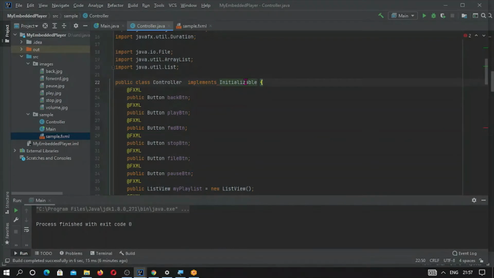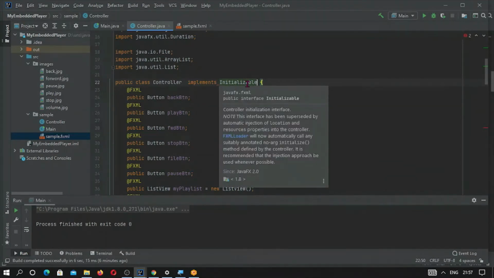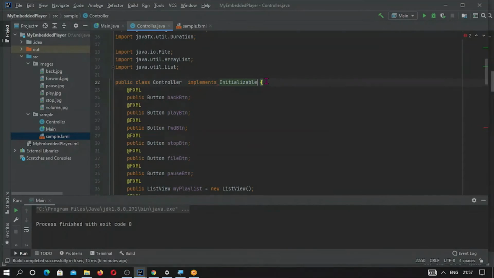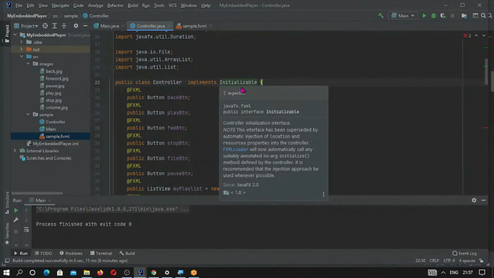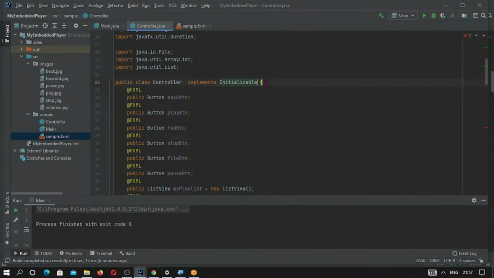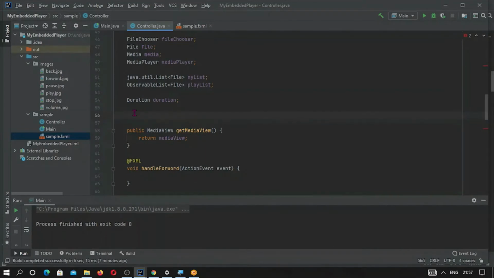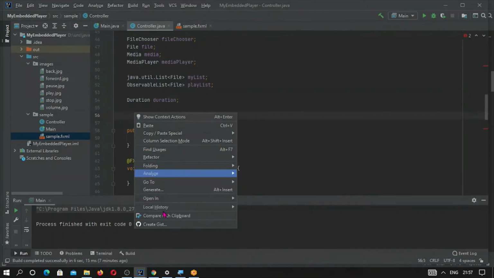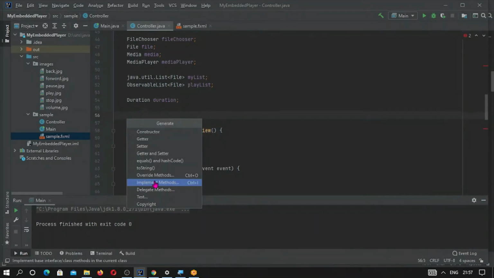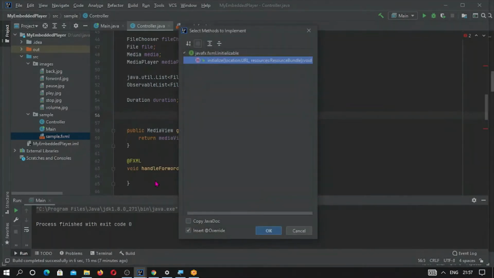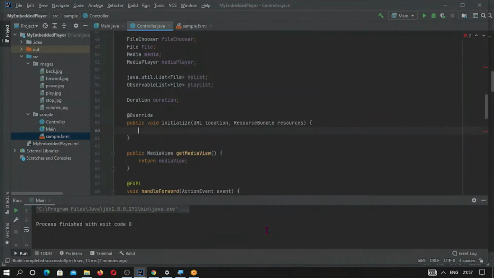So it implements Initializable, and we have to implement the methods. Here, implement the methods of the initialize method, and here we have to populate.